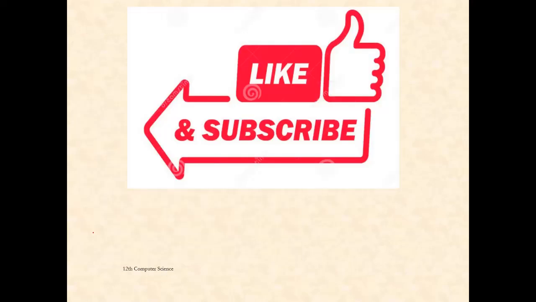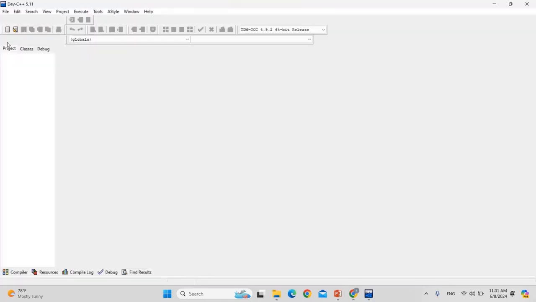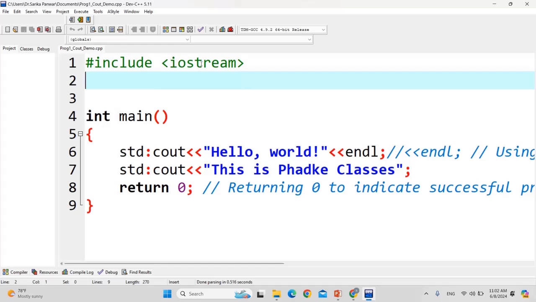That is about the operators. As I have told you earlier, we will write our codes in Dev C++. How many compilers do we know? Dev C++ as well as Turbo C++. We will write all our codes in Dev C++. So I have already written some codes for you. First we will see the code just to demonstrate cout. So the first thing is what? We have to write hash include iostream.